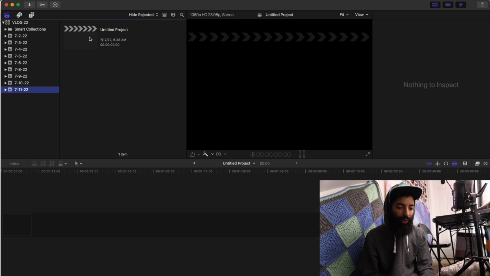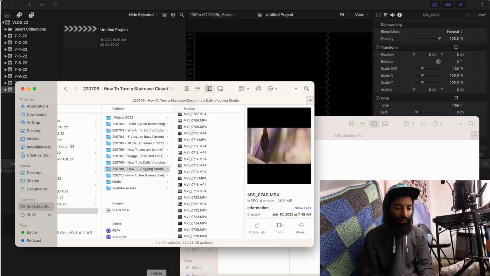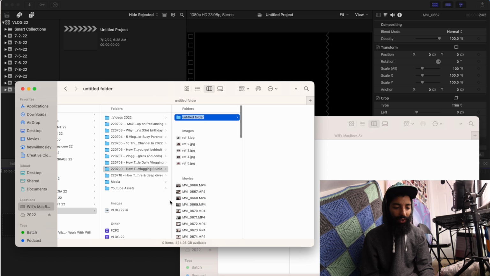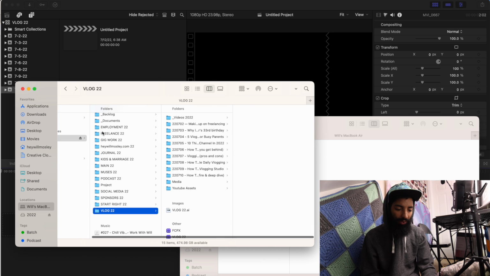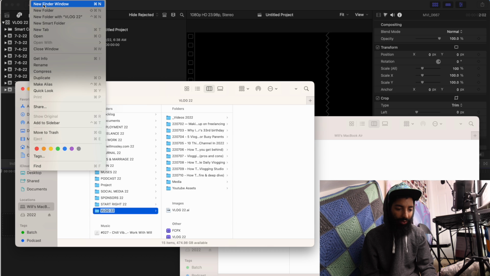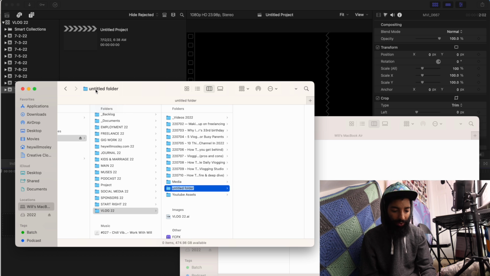So this is what it looks like when it's blank. Usually what I'll do is I'll know what the theme is for the day. Oop, delete. So we're going to click on File, New Folder. This is going to be 2207